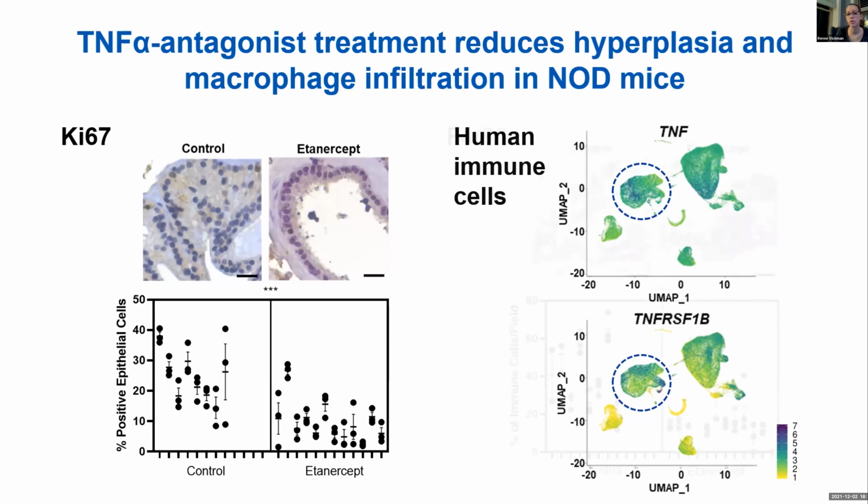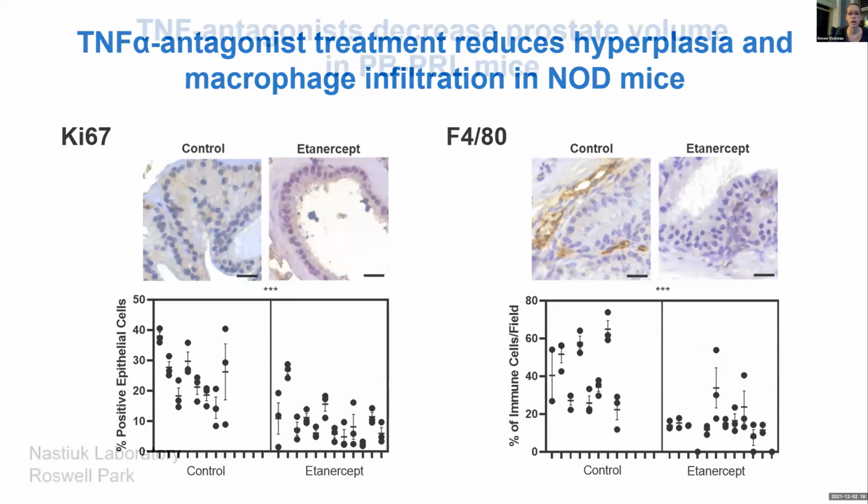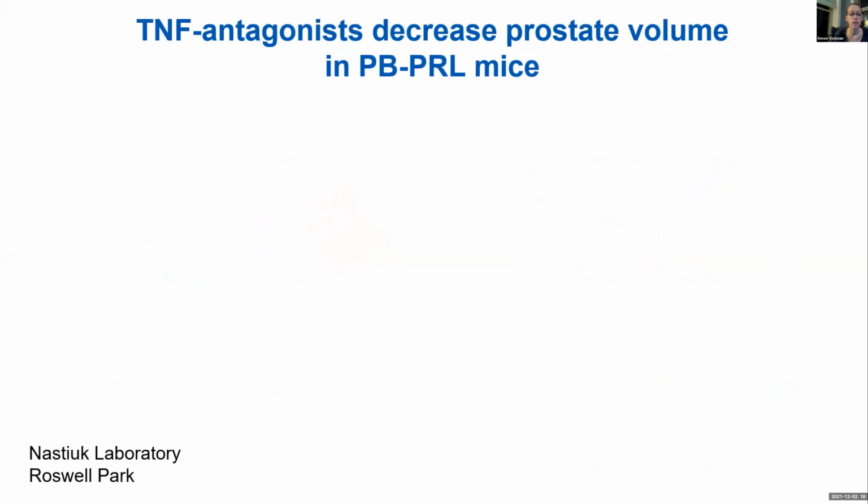So we also looked at the macrophage infiltration in the prostate and NOD mice, and we see a significant reduction again in F480 or macrophage accumulation in etanercept treated versus control mice. So we also utilized an alternative model, just because there is no perfect model of BPH in animals, of course,